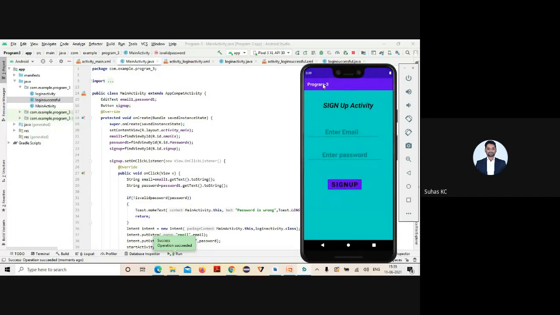Right. Hope you are clear. This is your first activity page. So you need to enter an email.